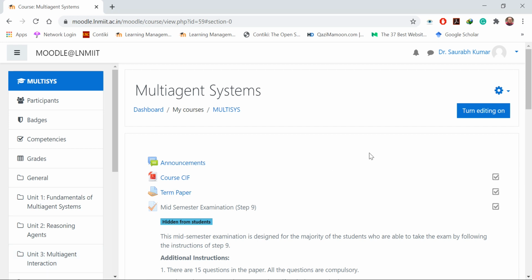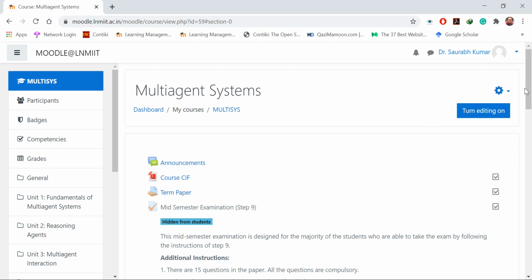So, first of all, I advise you to sit 15 minutes before the examination and set up all your equipment. This is required because during the examination, if any technical difficulties are there, you must not be scared at that time. Second thing is, if you face any difficulty, you have to inform the invigilator about your difficulty, and that difficulty will be solved. However, so that your smooth process of examination follows, this particular video is made, and please kindly listen to this